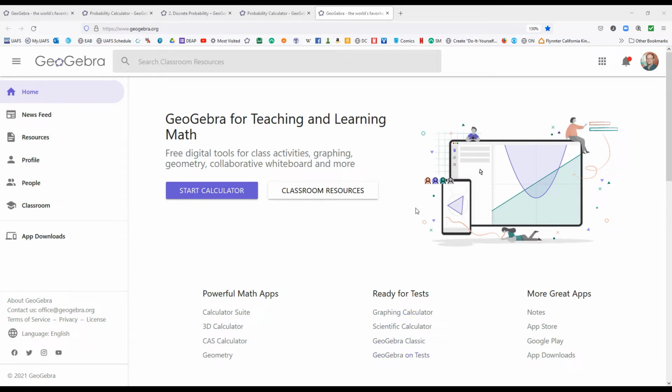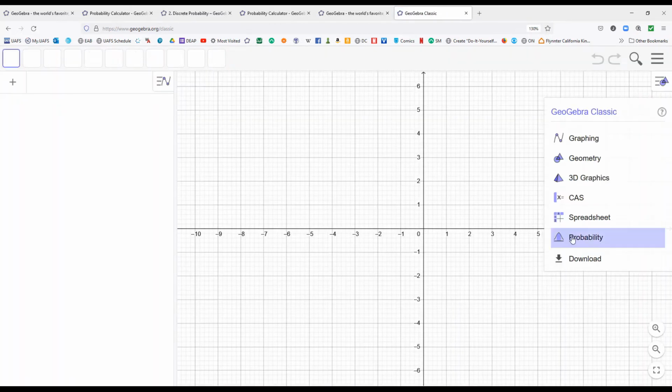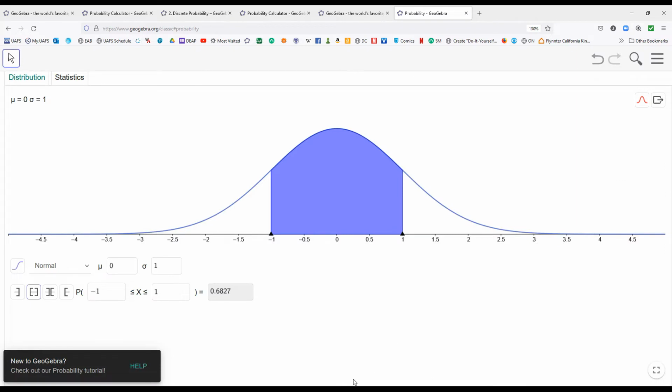One way is to just go to GeoGebra's basic site, which the home page looks like this, and just click on GeoGebra Classic, and then click on probability right here, and that will bring it up. Okay, so that's one way you can get to it. You can also get to it